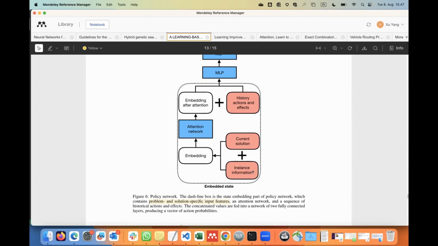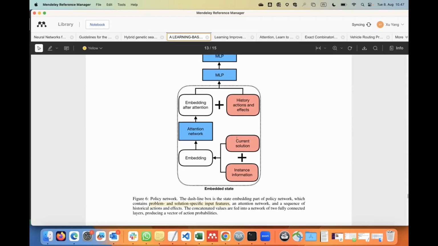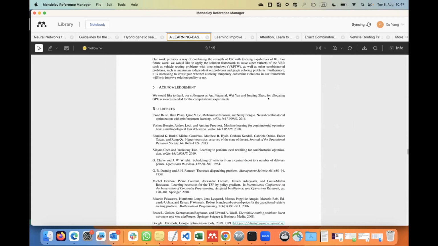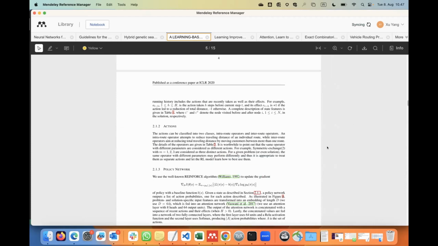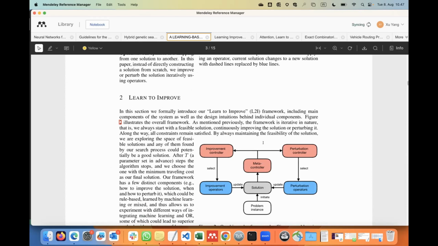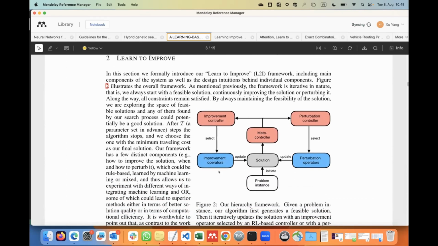And what they do is use these as input and embed them with attention. So this one is the big structure of their algorithm.